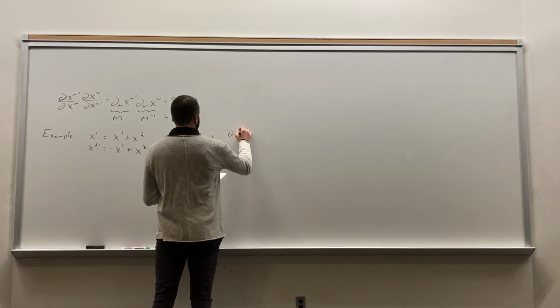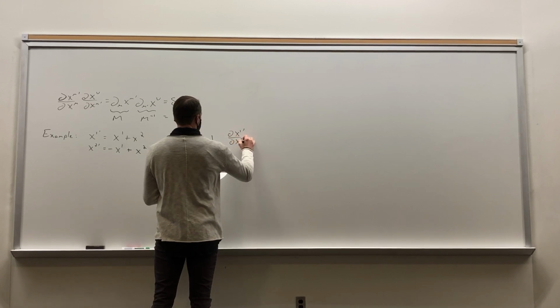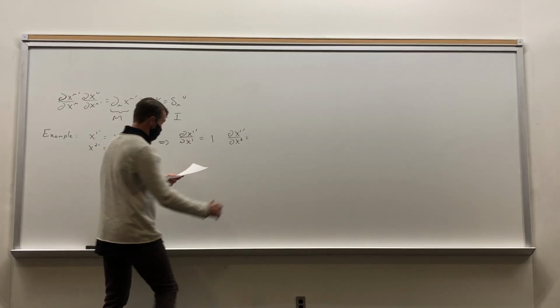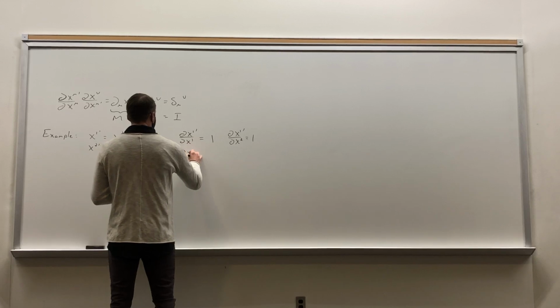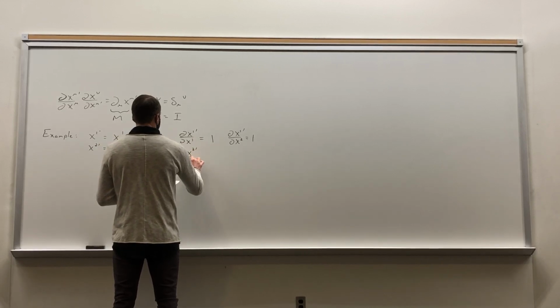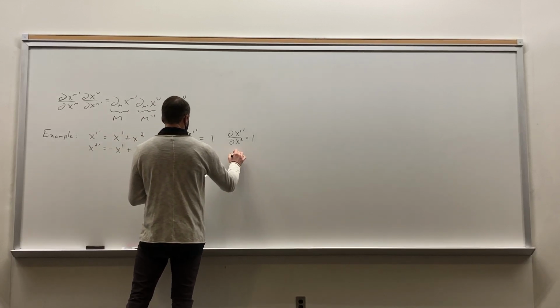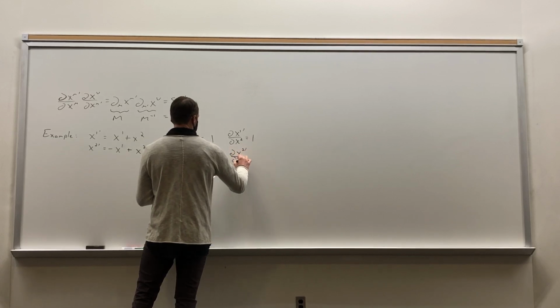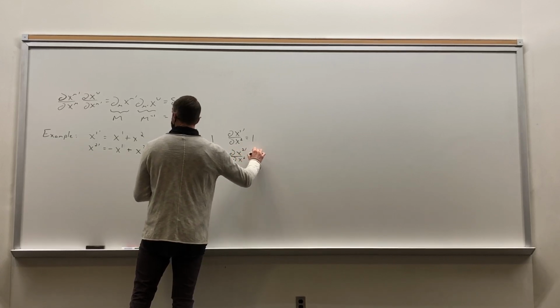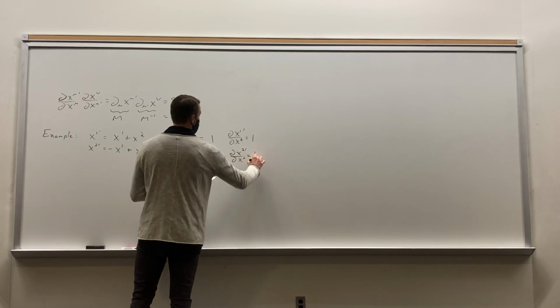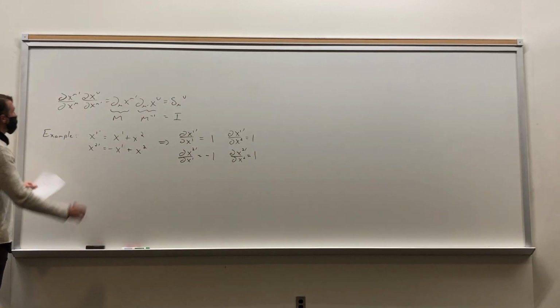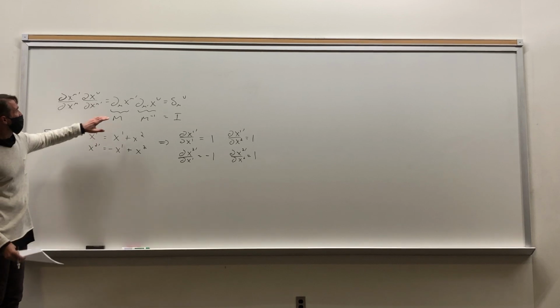How about dx1 prime dx2? It's 1. What about dx2 prime dx1? -1. And dx2 prime dx2? Takers? 1, yeah. Okay? So I want you to keep in mind, and this is the